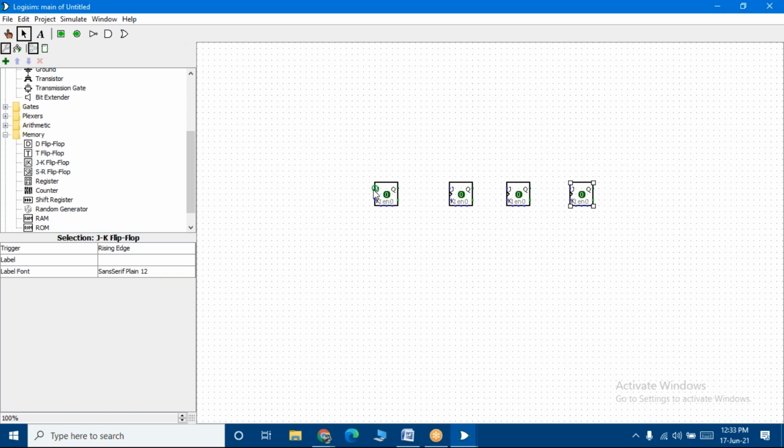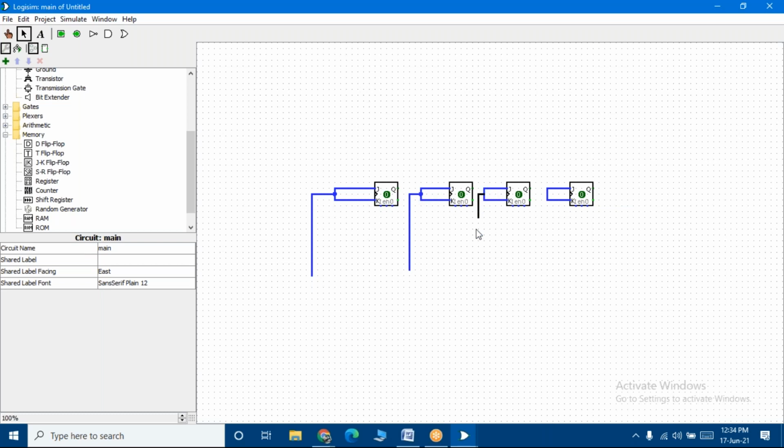After the JK flip-flops, what should I do? I should short my inputs J and K. So let me short my J and K. After shorting J and K, everything has to be connected to the input, right, students?